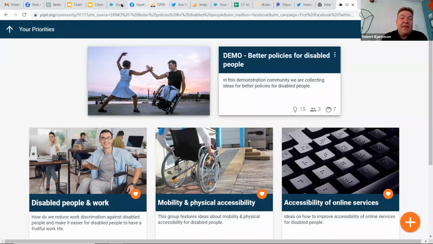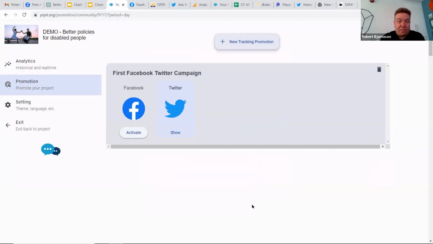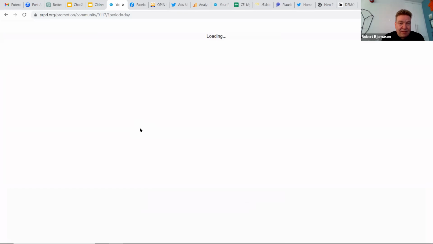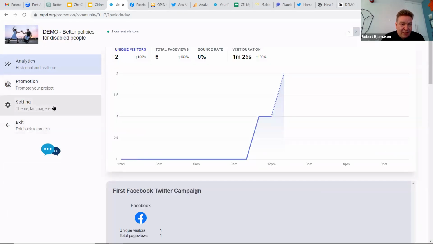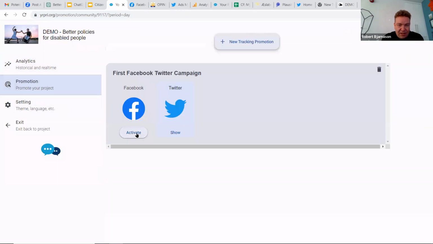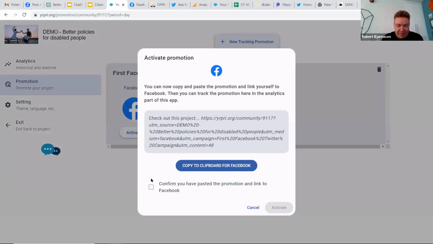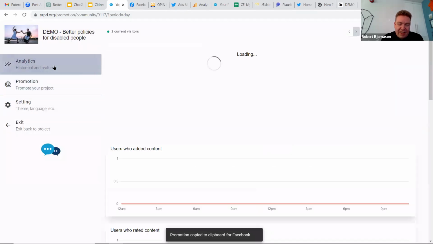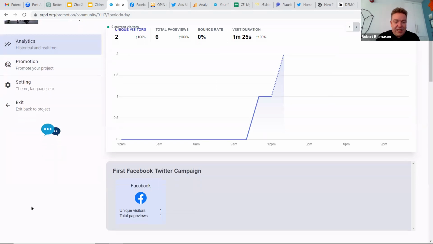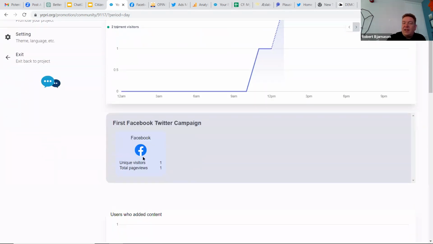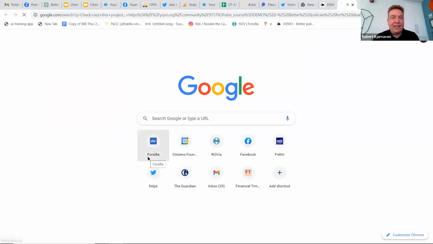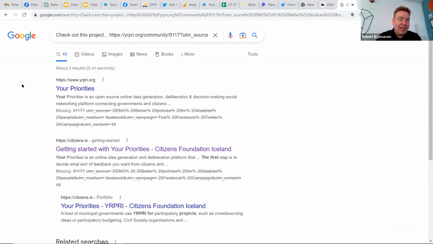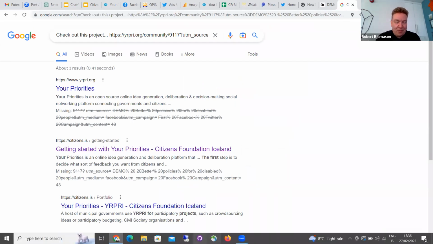And then in Your Priorities, we've now activated, oh, I didn't activate it, hold on a second. So it's activated like that, confirm here. And then in the analytics, now we can see here our Facebook campaign. That's because I had just faked it by putting the link in myself into another browser.